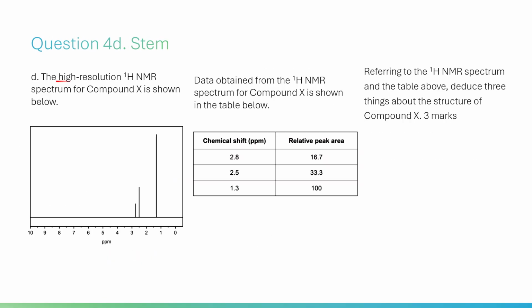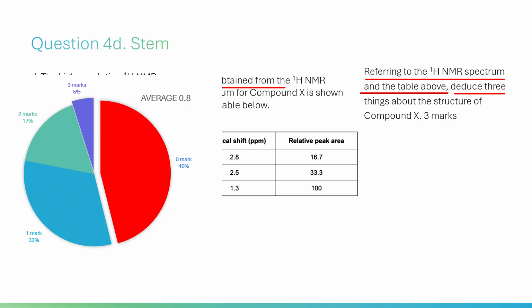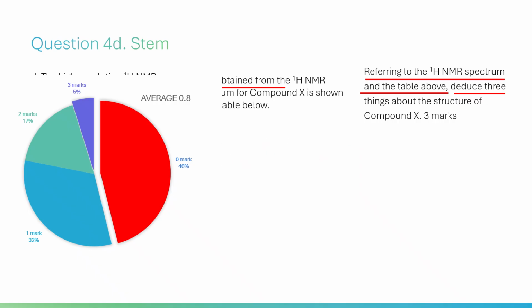The high-resolution 1H NMR spectrum for compound X is shown below. Data obtained from the 1H NMR spectrum for compound X is shown in the table below. Referring to the 1H NMR spectrum and the table above, deduce 3 things about the structure of compound X, 3 marks. This is a textbook trap question, the exact one where 46% of students walked away with 0 marks, and